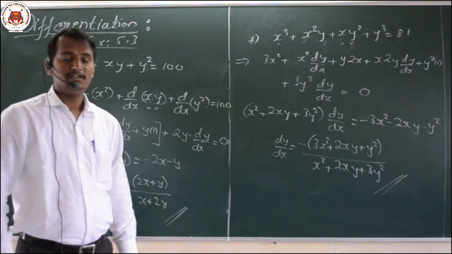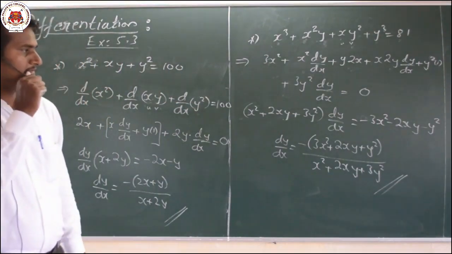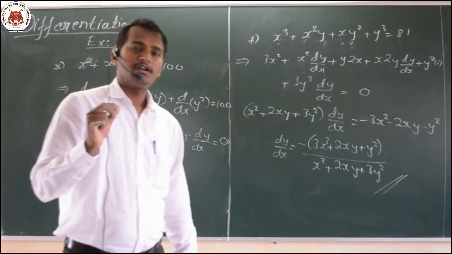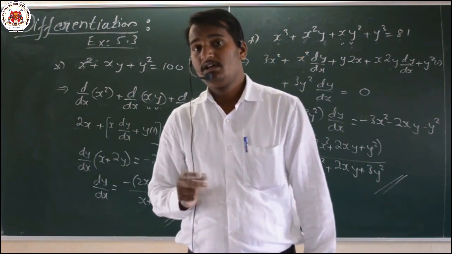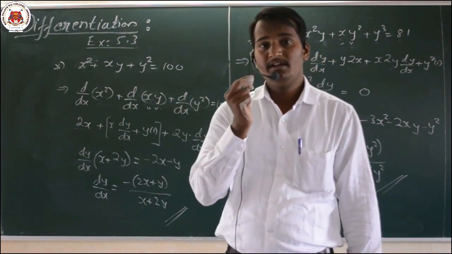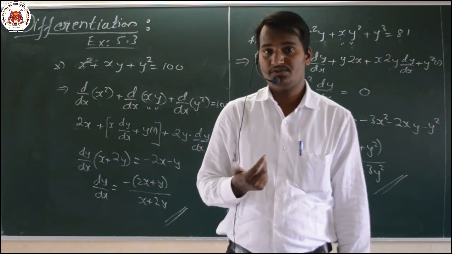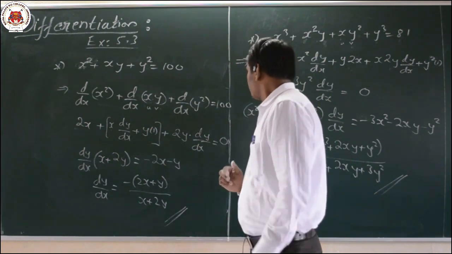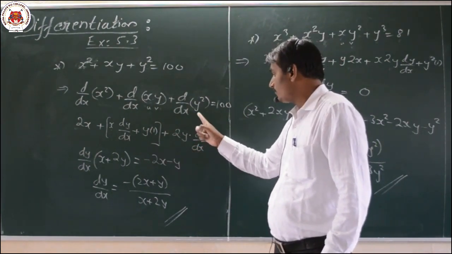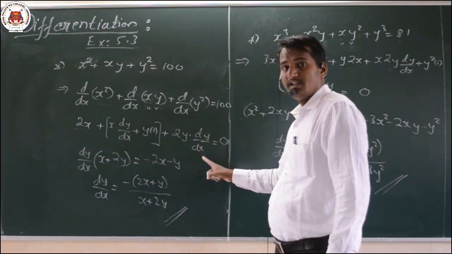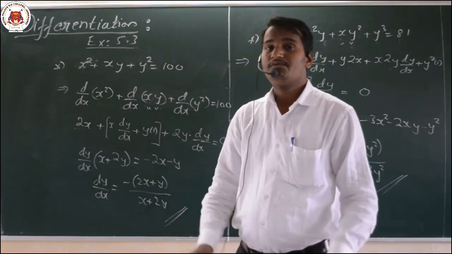Very simple topic. So today, dear students, in this particular class, we have learnt about the differentiation of an implicit function. Here two important concepts we had learnt: what do you mean by implicit and what do you mean by explicit function? As well as we had seen about the composition of function. For example, if I am differentiating y square, its derivative is 2y, and the differentiation of y is dy by dx. It is nothing but our concept of composition of functions, where we are making use of the chain rule.